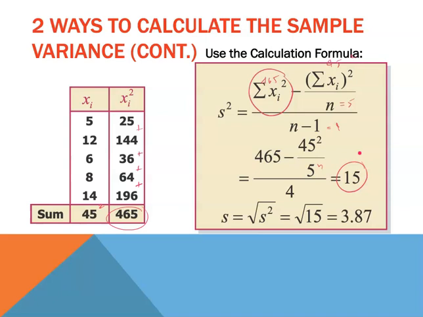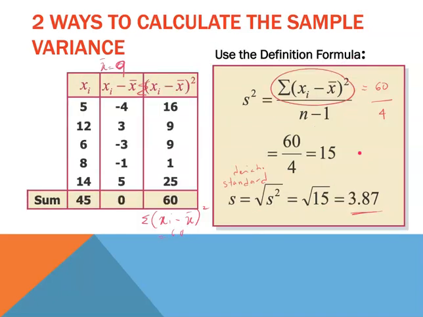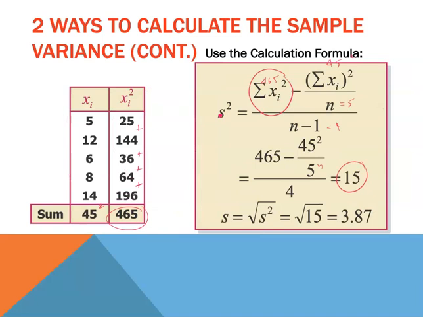So let's compare. If my data is only 5, right? We only have 5 data here. So I can just do this method, no problem. But what if I have hundreds of data? Is this going to be a feasible way to calculate my sample variance? I don't think so. So when you have a large set of data, this method is preferable because basically you